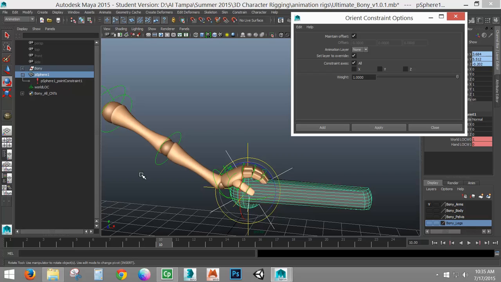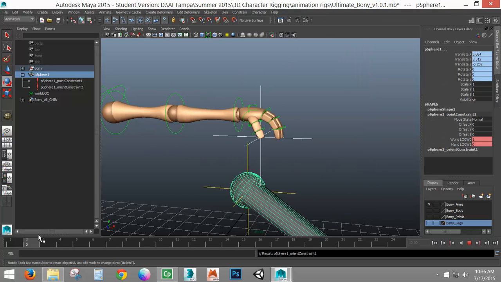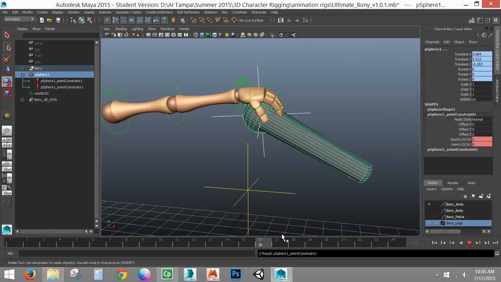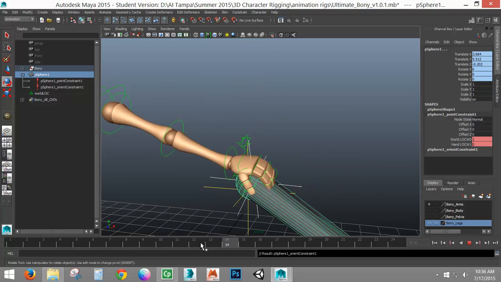Again, originally when my little point constraint didn't move, it's because I had offset turned on. So again, this keeps this original rotation. So when I apply, it doesn't turn up into his hand this time. It still works perfectly fine, and actually it works better because it's now rotating with it. He's holding it the way he's supposed to.